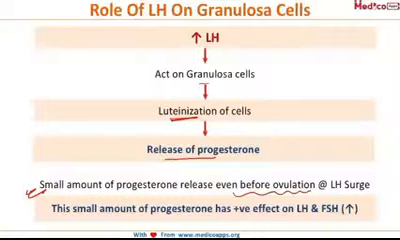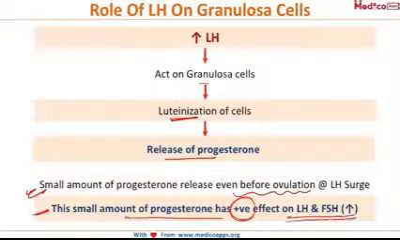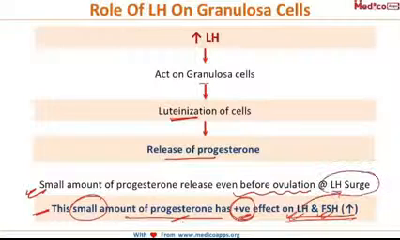And this small amount of progesterone has a positive feedback effect on LH and FSH. So here you see in small concentrations, the progesterone has a positive feedback effect on LH and FSH. Whereas in high concentration, this progesterone will have a negative feedback effect. And subsequently, it will lead to LH surge and ovulation. So this was about the basic hormonal interactions. Now in our next class, we'll be studying